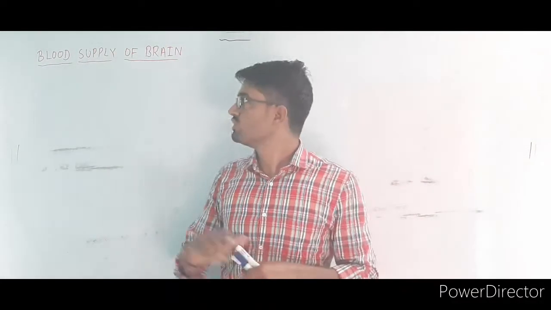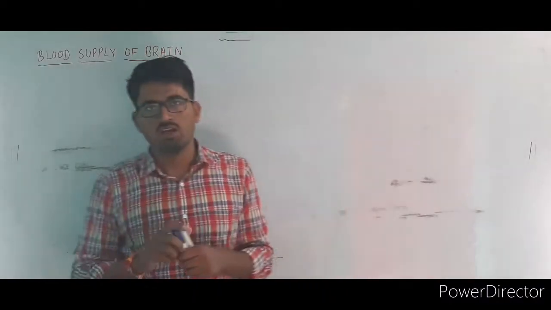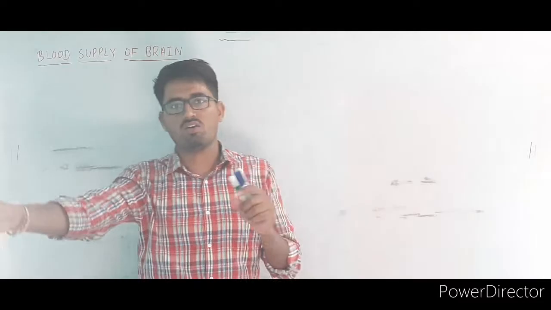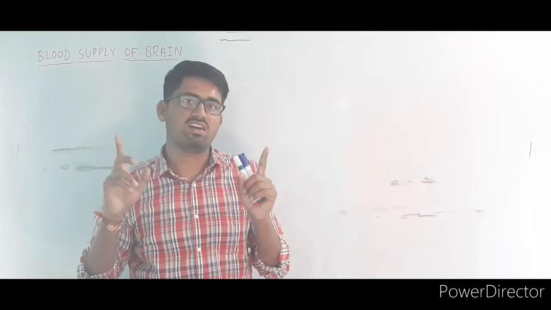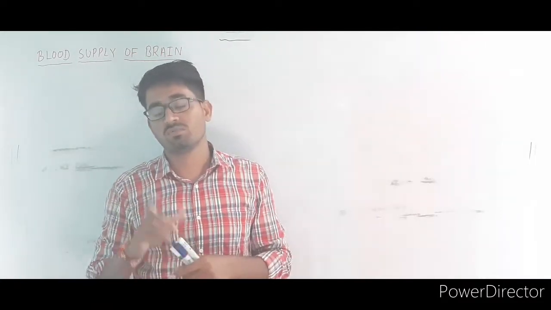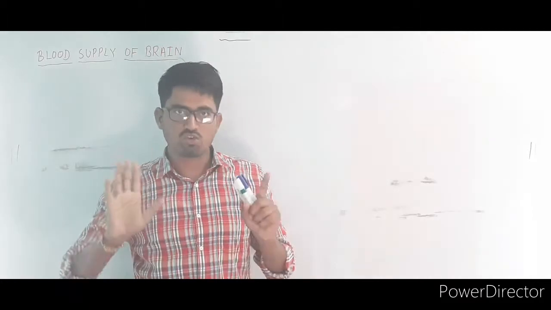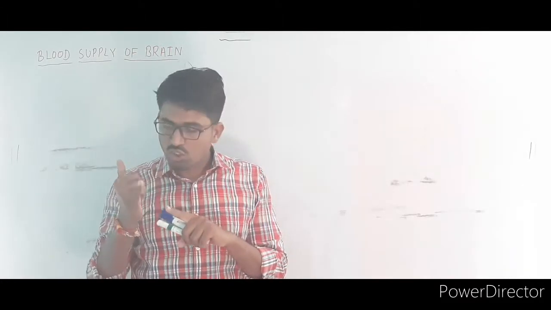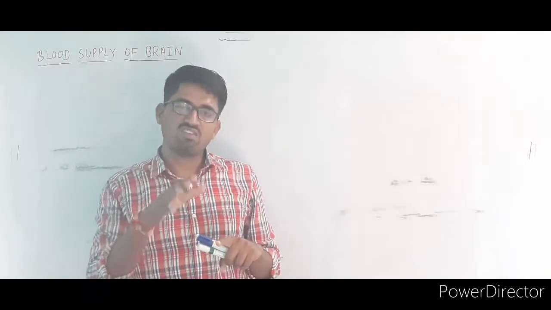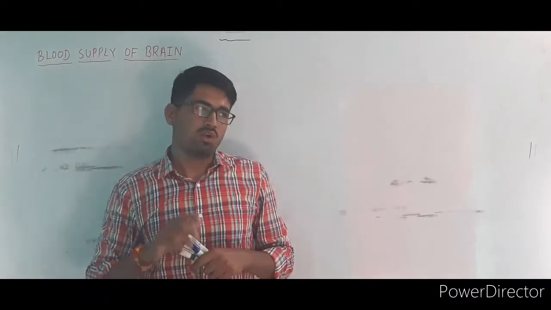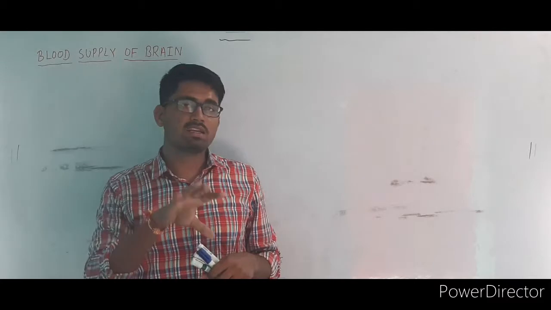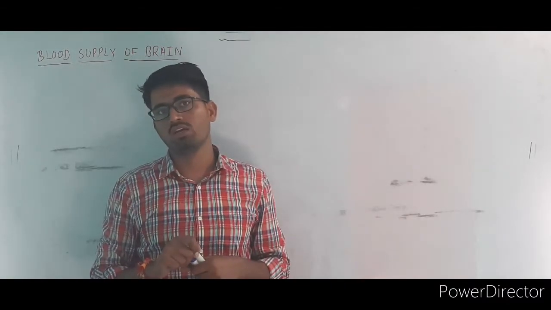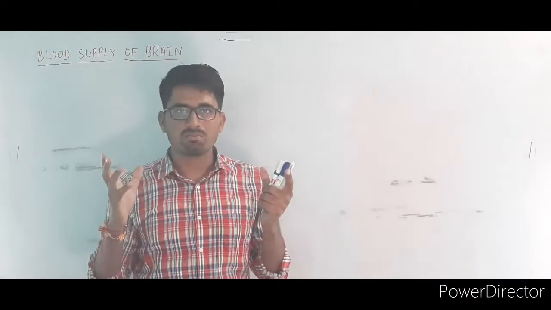So today we are going to see blood supply of the brain. Okay, so in blood supply of the brain, what you expect is that I will explain the circle of Willis, right? That is okay. Do you know what a berry aneurysm is? Actually, do you know which artery is affected in medial medullary syndrome? Do you know which artery is affected in lateral medullary syndrome? Do you know actually where these major vessels